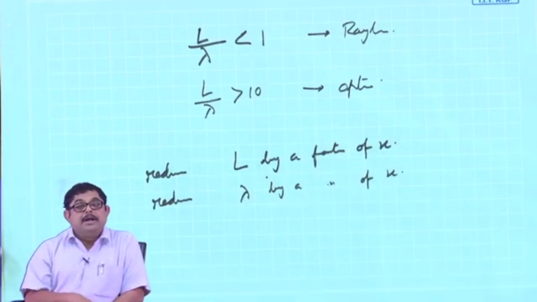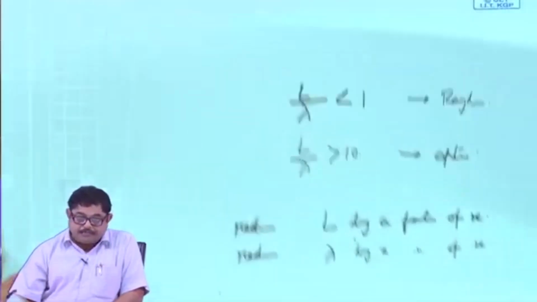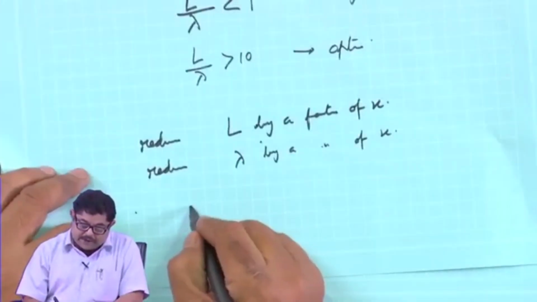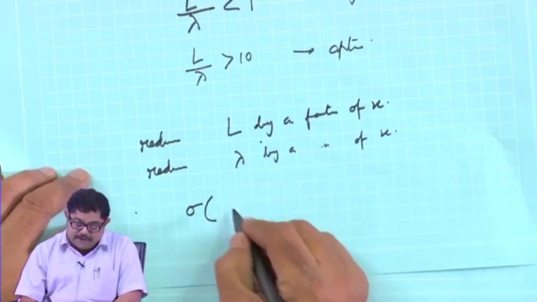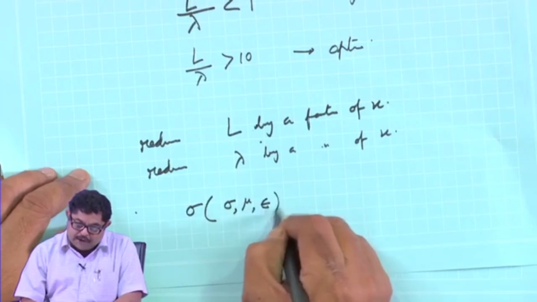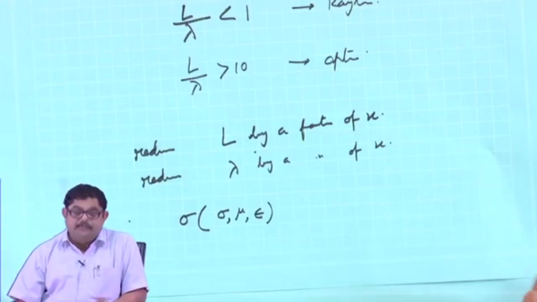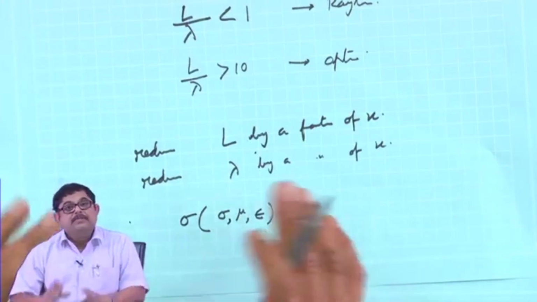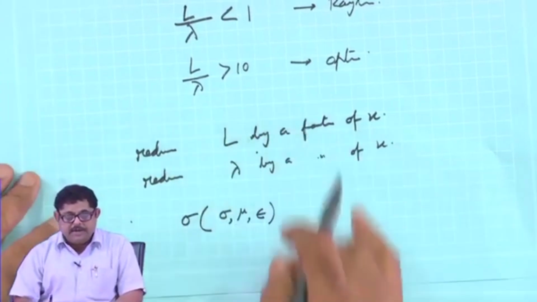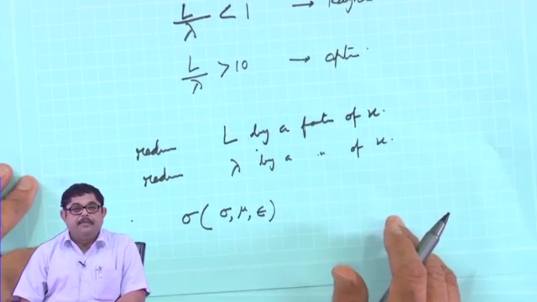But remember that there is a very serious concern here. As I said, RCS is a function of many things. It is also a function of sigma, mu and epsilon of the medium making that. Now, aircraft are not made of metals alone. If any aircraft is made of metals or conductors, there is no problem. This scaling method, measurement by a reduced scale model, is perfectly okay. But